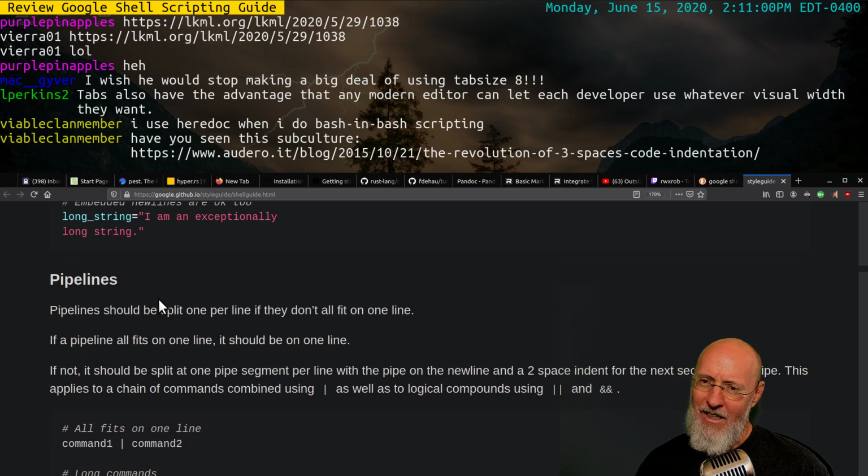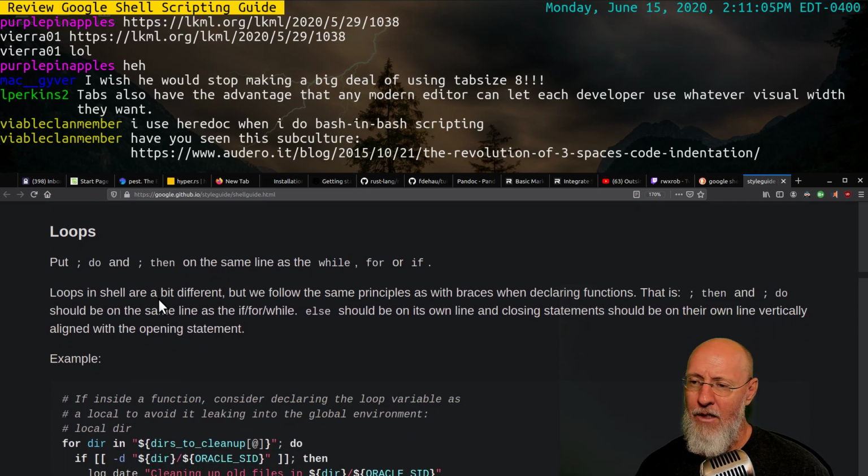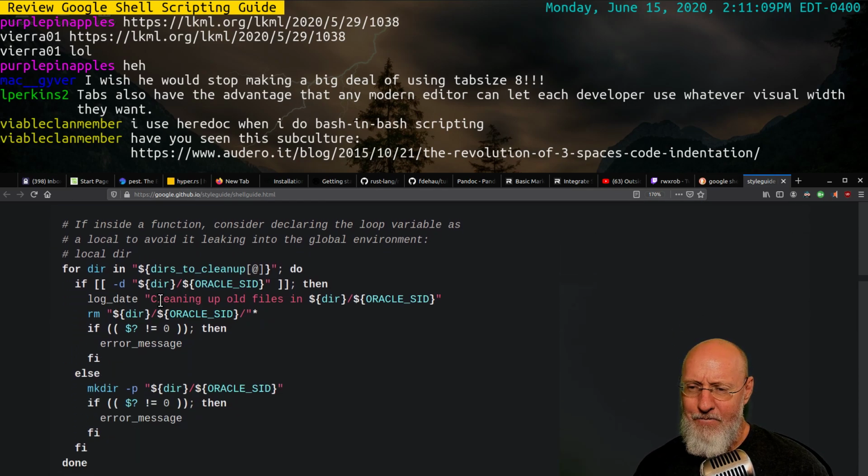Three space code indentation. Nope. I'm not going to be a guy for that. Pipes. Okay, so pipes continuing on a separate line. That's no problem there. This one really made me happy. This one about loops. Okay, so the one about loops. So it says here,